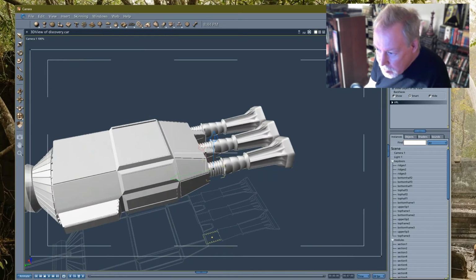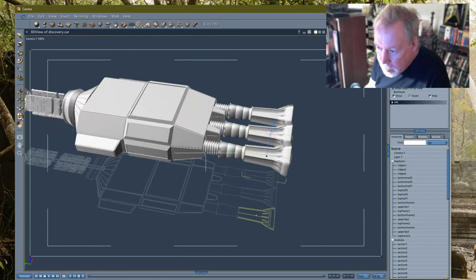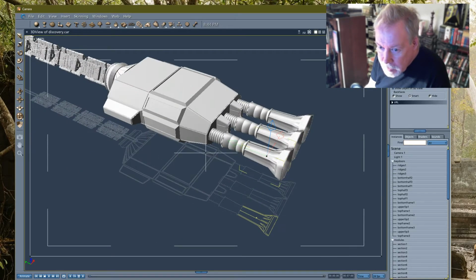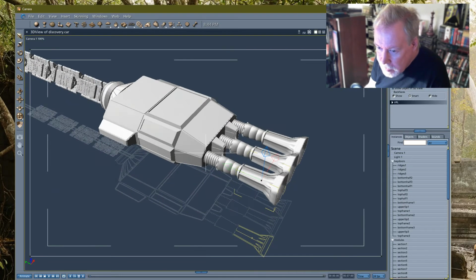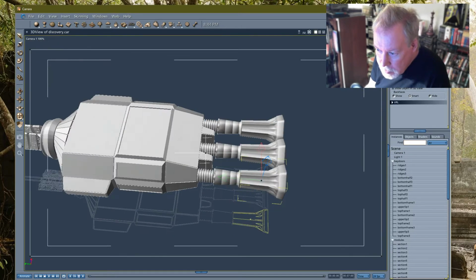Again, this whole back engine, these are not how the engines look in the movie. We don't know how they look in the movie because we never saw them in the movie. But there's 3 different engines. If you go on the internet and you look for images from model makers, you'll see 3 different kinds of engines. And I like these. These are cool. A bit long. They're a bit longer than what I'm guessing the real one used.